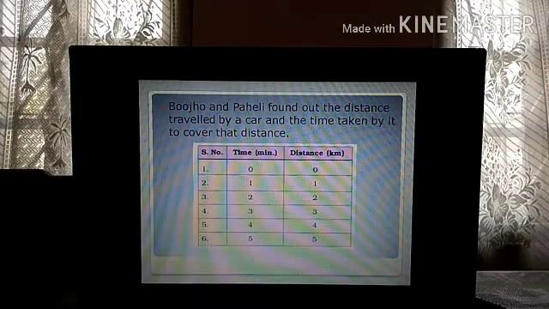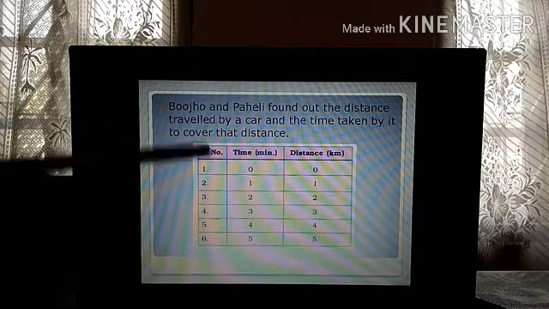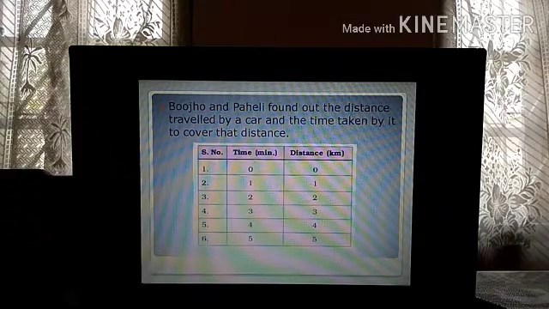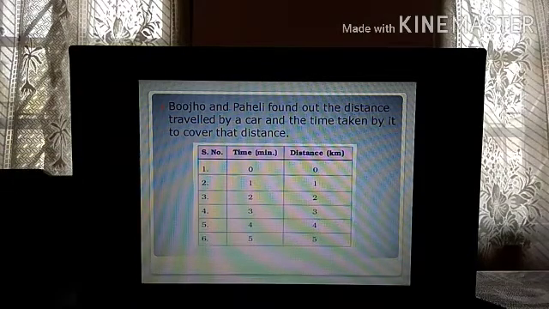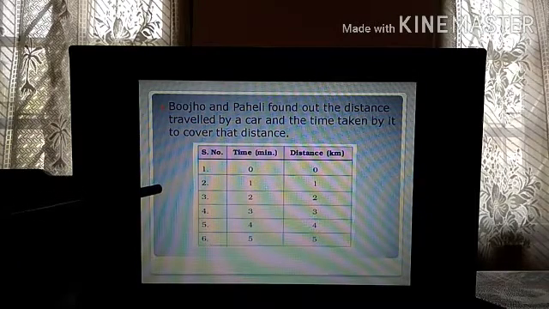But practically is it possible? No, practically it is not possible. Because for every 1 minute, it is not necessary that the car will travel 1 kilometer. Yes or no? Because there may be traffic jam, there may be speed breakers, there may be traffic signal. So the car might need to stop. So this graph is a uniform graph, but practically it is not possible. That is why we find out the average speed, as I told you, because we find out the total speed. We never find out for every minute how much the car has traveled. So this table is for uniform motion of the car, but practically this is not possible.